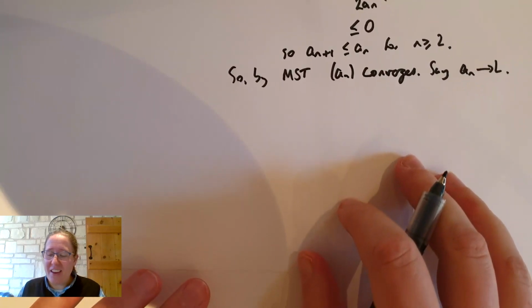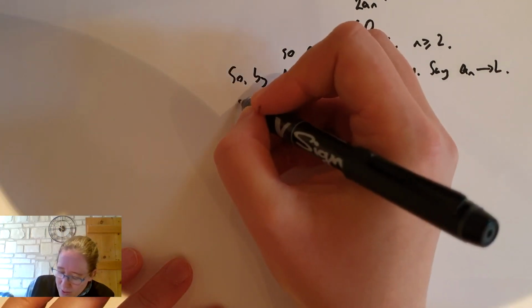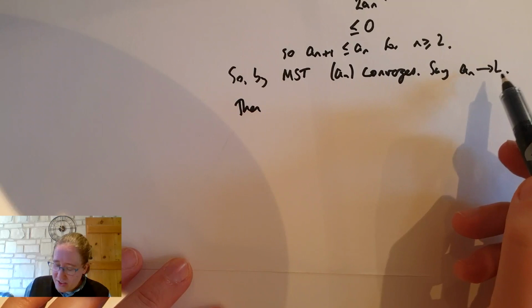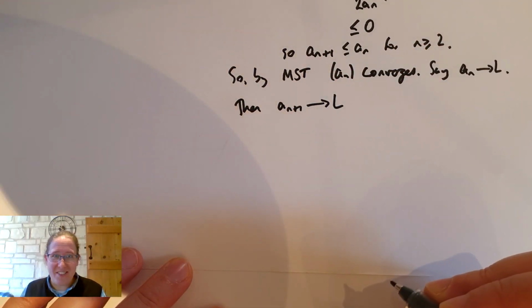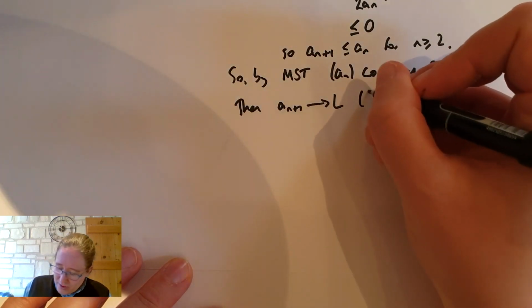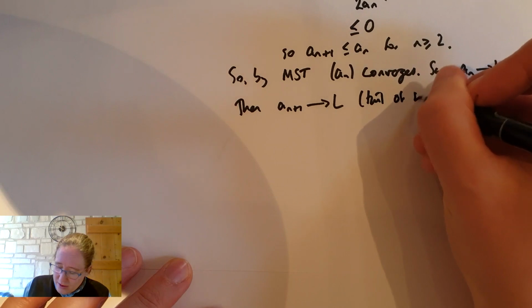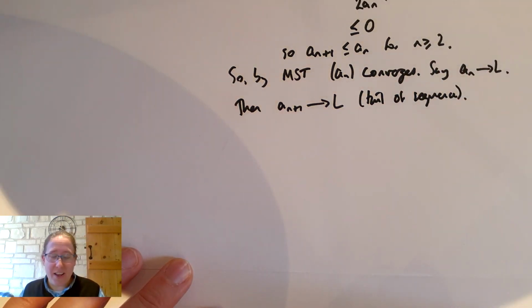Please watch very carefully because it's very tempting to write down illegal things at this point, and I'm going to concentrate very hard on doing this nicely, and then you can copy the kind of strategy that I'm using here when you're doing your own ones. Well, one thing we know is that if a_n tends to L, then a_{n+1} also tends to L. That's just a tail of the sequence.